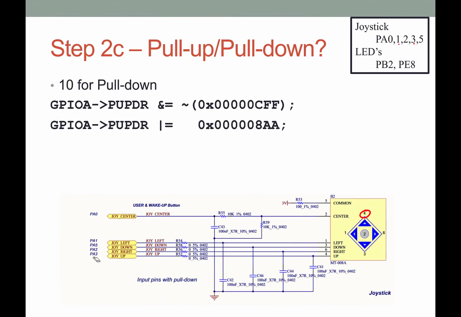Okay, so now how are we going to handle the joystick? The joystick needs to be configured as an input, and the pull-up, pull-down register needs to be configured for pull-down, because we need to be able to pull these inputs down. We don't have those resistors there in the first place. We do have the pull-up right there. This one actually does have the pull-down resistor, so we could get away without doing it for that one. But we need to do 10 for pull-down,